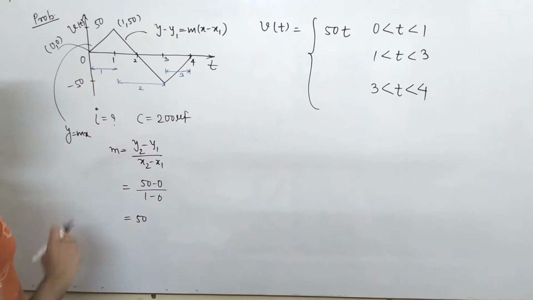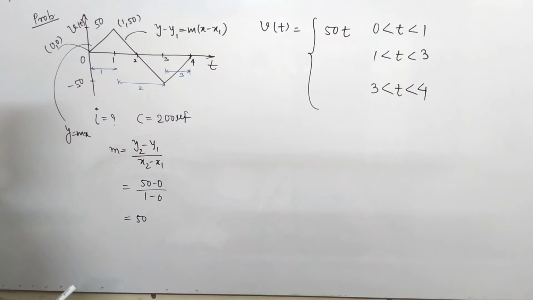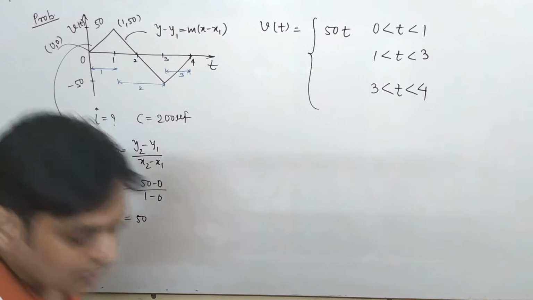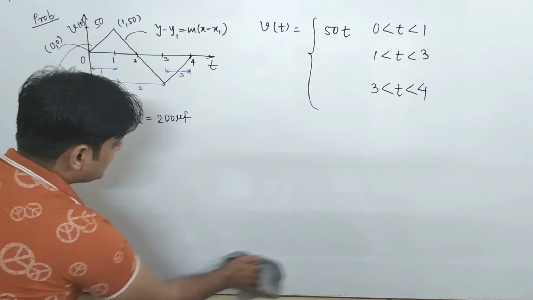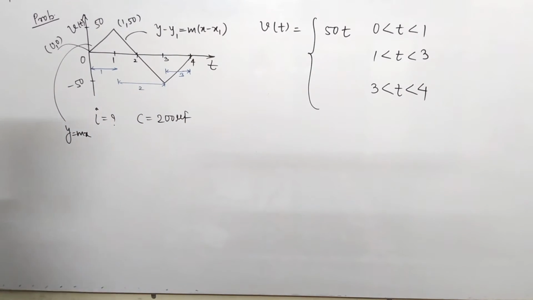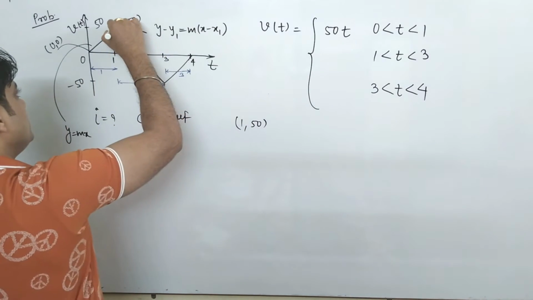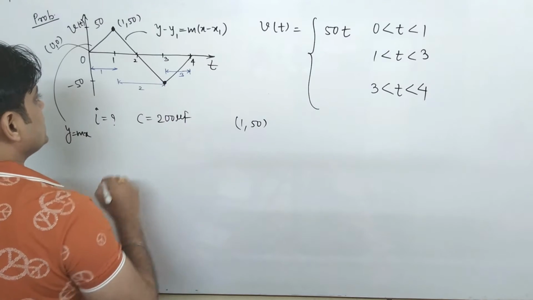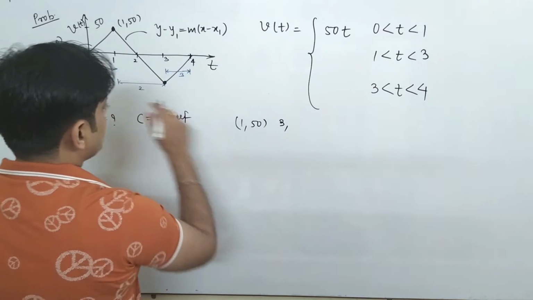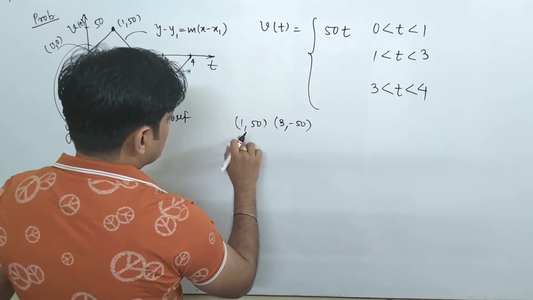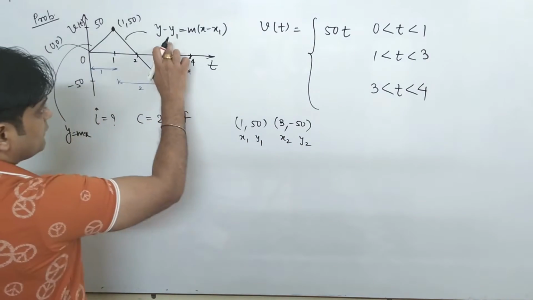This is the value of Vt for the value between 0 to 1. If you talk about 1 to 3, for this problem I will solve everything just to understand, otherwise sometimes you people have confusion. So we remove all those confusions and we'll consider this as our basic problem, so that we'll understand everything. Now for here, the coordinates are 1 and 50 for this point. And if I talk about this point, the coordinate is 3 and minus 50. So you can call it x1, y1, and x2, y2. So basically you have to find this equation.